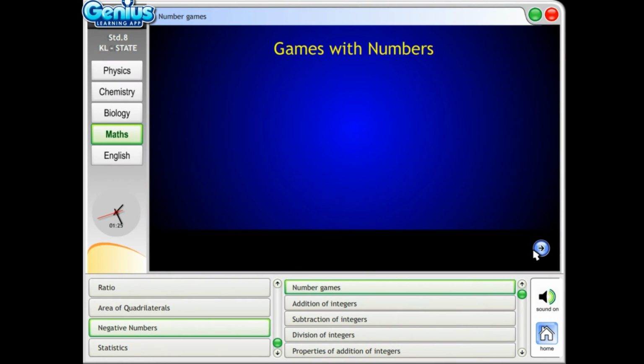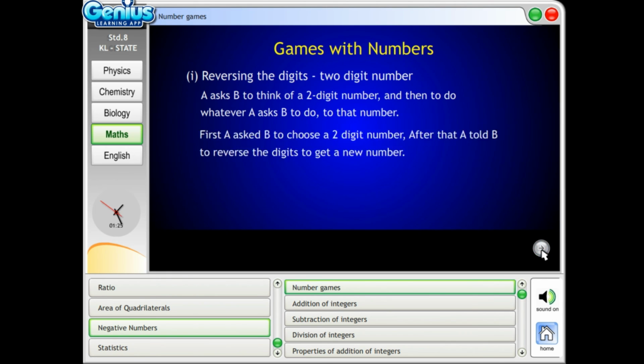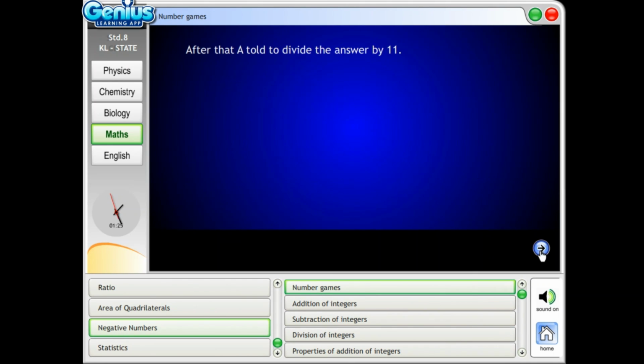Games with numbers. 1. Reversing the digits of a two-digit number. A asked B to choose a two-digit number, then A told B to add the reverse. After that, A told B to divide the answer by